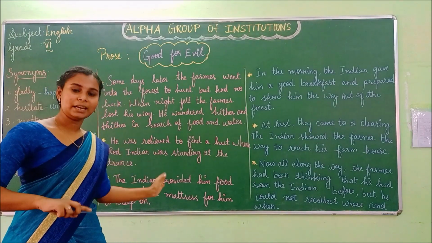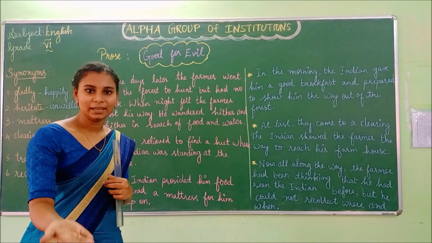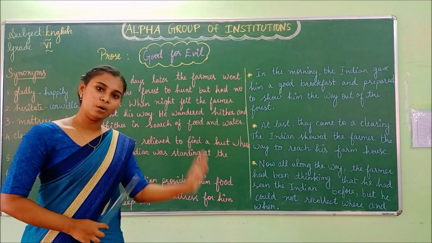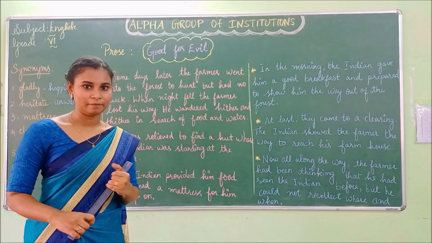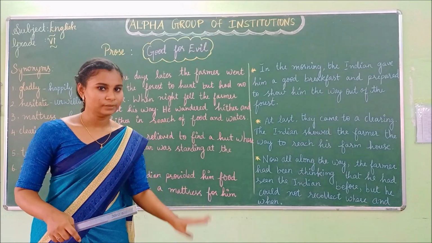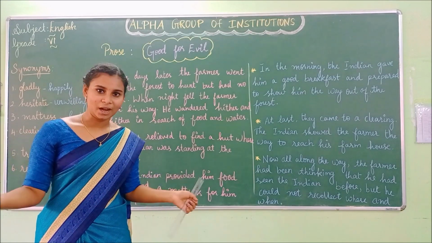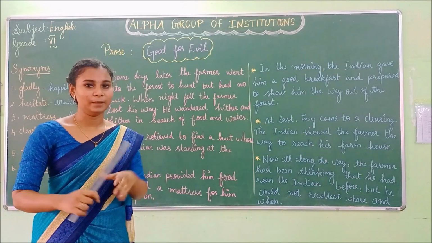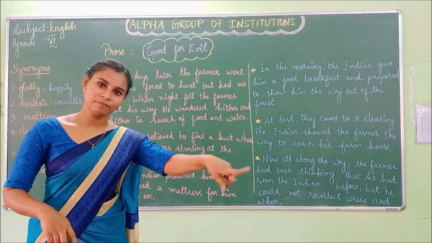And what happens? That red Indian is so kind and polite and he is lending help. So what he is saying is, okay, now the red Indian is ready to help the farmer, right? So he is asking the farmer to sleep at his hut this night because it is so dark as he cannot find his way. So the next day he said that he would show his way to the farmhouse.